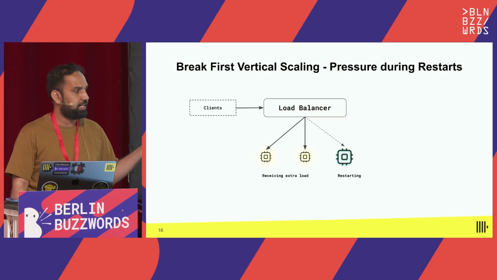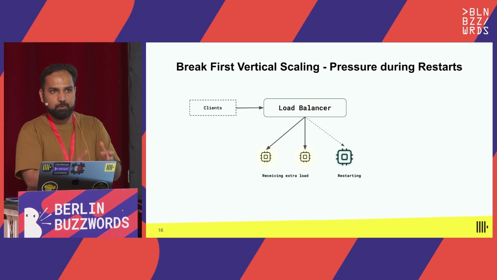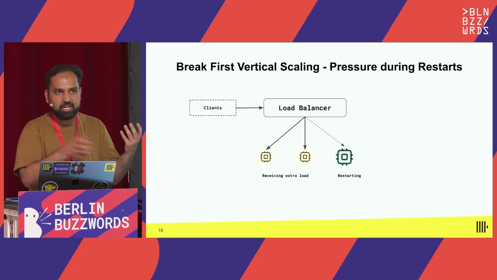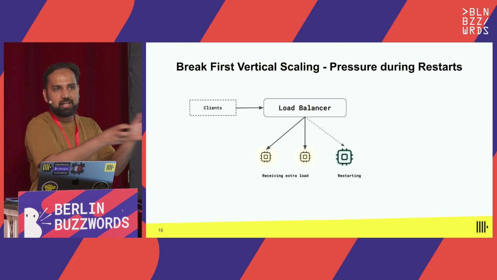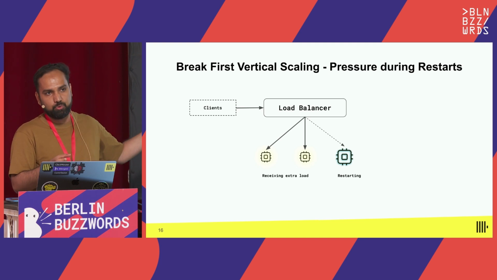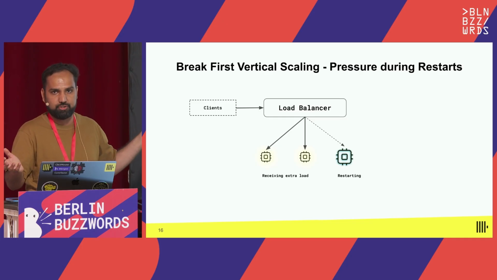So this thing becomes very damaging in case of a scale up where your replicas are already receiving more traffic, they're under pressure, so you decide to scale them up because they're under pressure. And in order to scale them up, you take away the replica to scale it up, which is a kind of a chicken and egg problem. So at the exact critical moment when you needed to add capacity, you took the capacity away to resize it. And the other two replicas, of course, now need to receive that extra pressure as well. So it's not a good situation for anything, right? So you're losing availability. Your existing replicas are also receiving extra load. And we've also seen cases where these extra replicas can also crumble under pressure, under CPU pressure as well. So not a great situation.